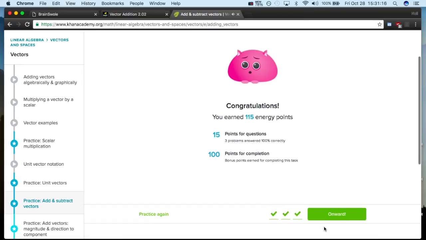I did it. Alright, getting the hang of this adding vectors. Just tail to tail, add the x components together, add the y components together. Pretty simple. But now it'd be pretty cool if I could, since I got the hang of it now, got like 5 problems done in a row, do a little demonstration, like a screencast of me doing a problem,